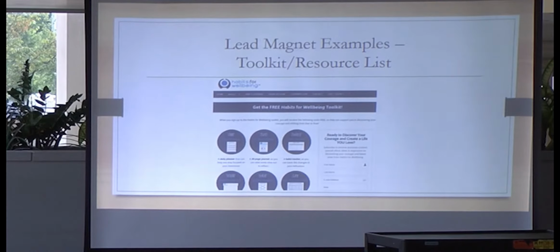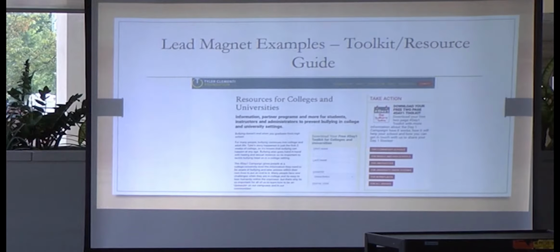And this is an example of an organization that has a number of different lead magnets in a toolkit. So you can click on different things, and that would tell this organization who's interested in what particular category of content. Another example of a toolkit or resource guide is this organization, Resources for Colleges and Universities.